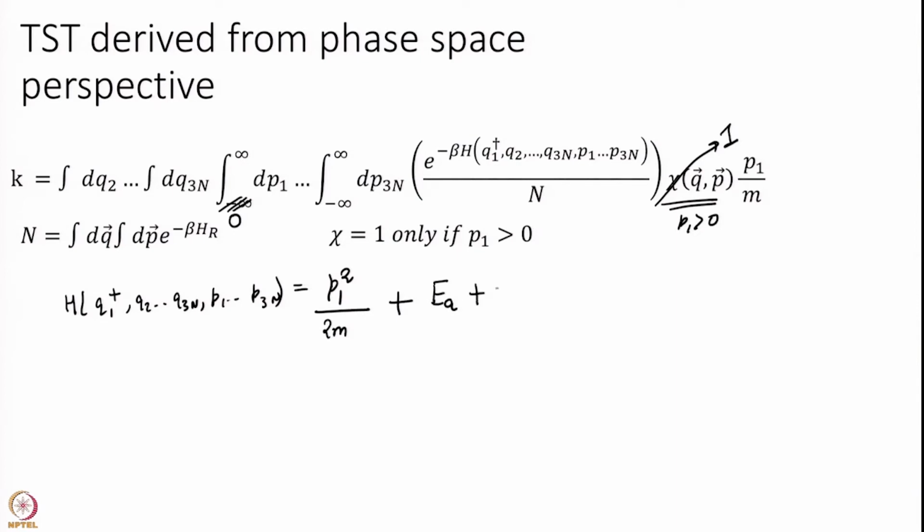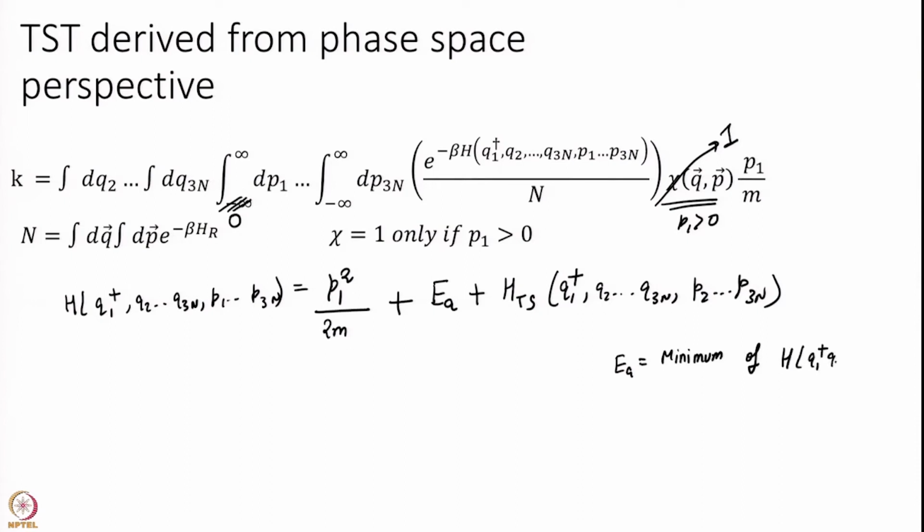I will just specify what EA is, please give me a moment, of Q1 dagger, Q2 to Q3n, P2 to P3n. So, I have taken the momentum 1 out only. Okay. EA is essentially the minimum of H of this. Okay. So, that is your activation energy really,